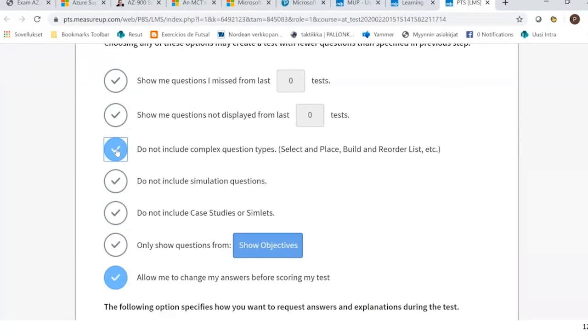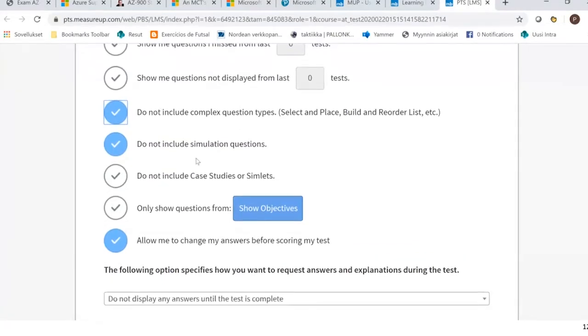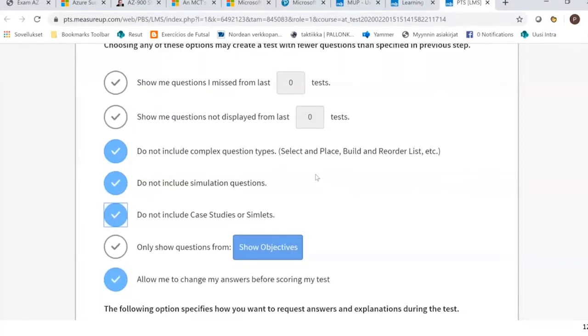It doesn't work correctly, so it's good to opt these out. So it's easier to answer the normal question types. Also, simultaneous questions is not good for mobile. I will tap these because I want to show you the normal question types here and not case studies. But these are all the same question types that you will face in the real official exam.